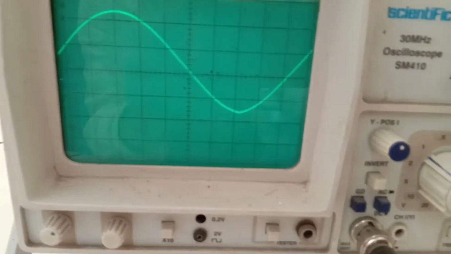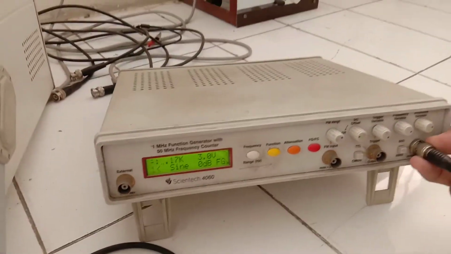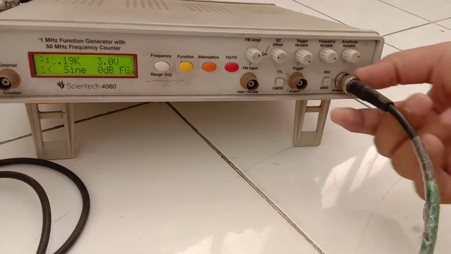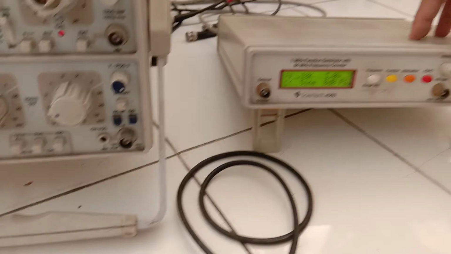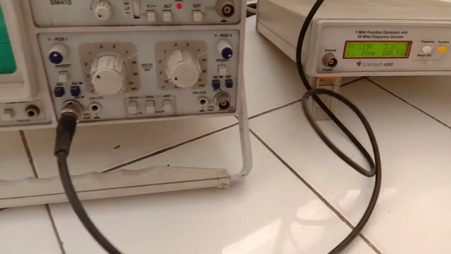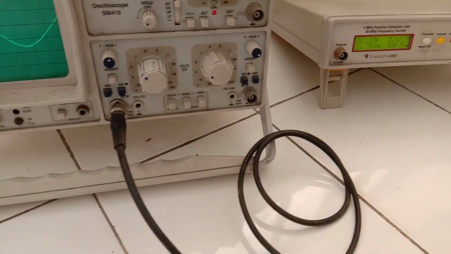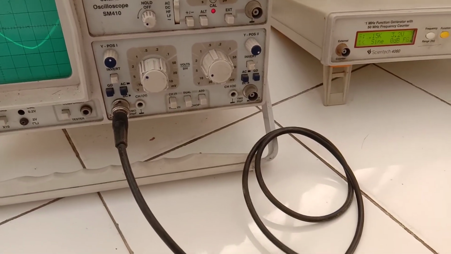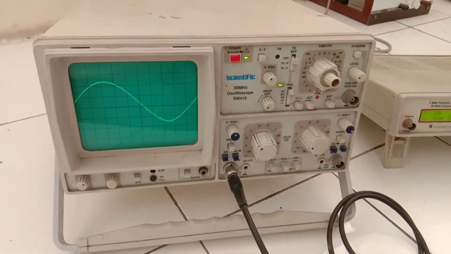Now this is the output terminal of the function generator. On this terminal we are getting the mathematical function, and with this wire, which is called a CRO probe, we are getting output from the function generator, and this output is connected to the input of the CRO.